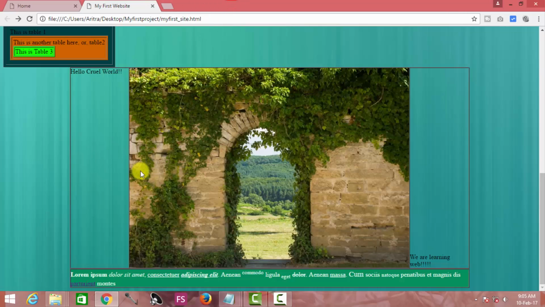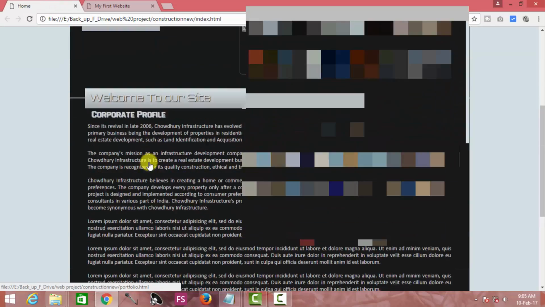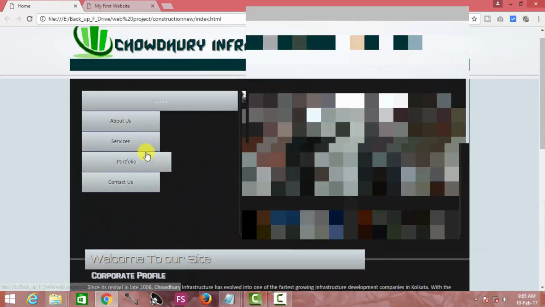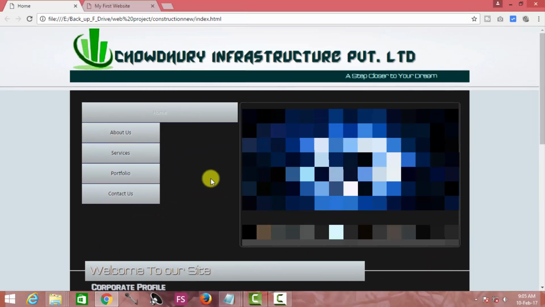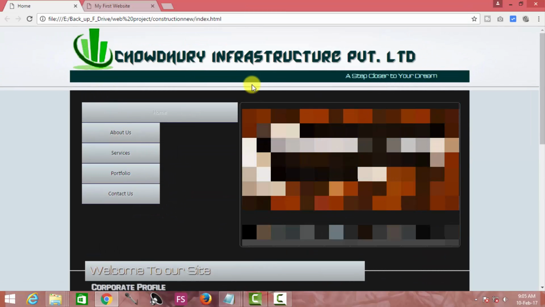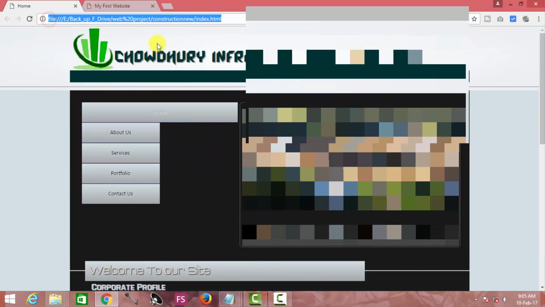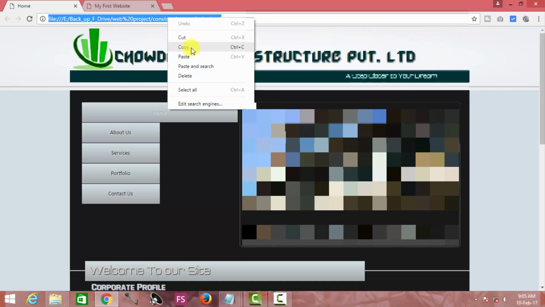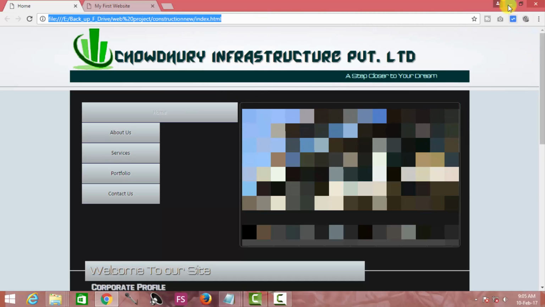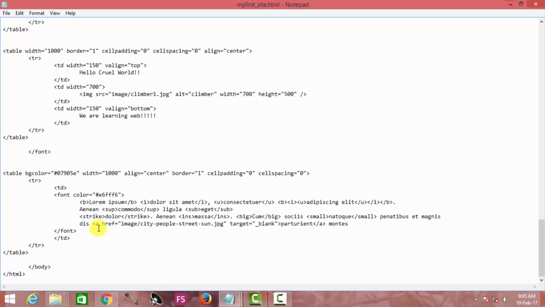Now if you are about to link a separate website, as we are trying to do here, we are trying to link this particular website. This is an entire new website, which should be located on a different server. All you have to do is copy the URL of this web page, then come back and change your relative path to the URL of that particular website.